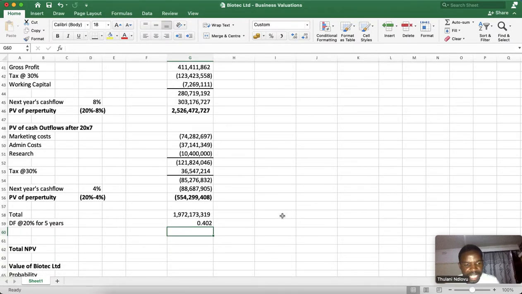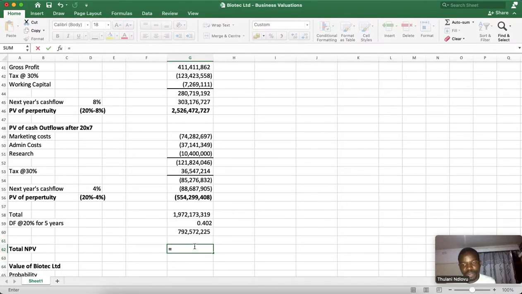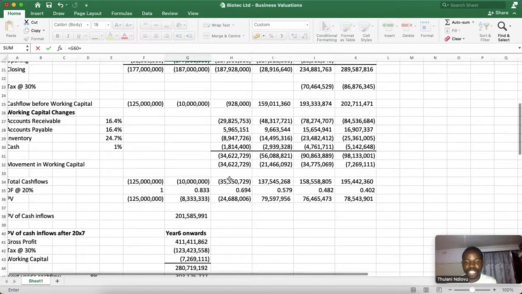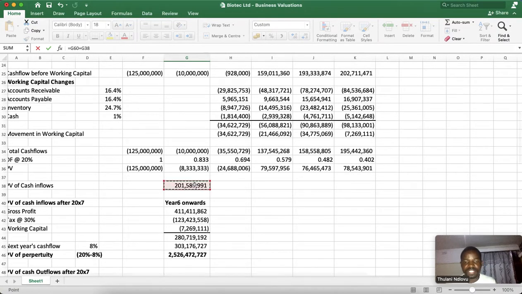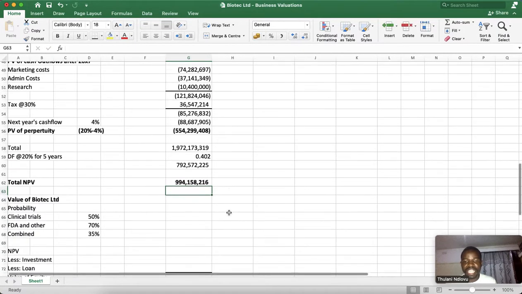Then if we discount this, we say that multiplied by that. We get that figure. Then the total present value now will be this figure, the present value of a perpetuity, plus the present value of cash flows from year 1 to year 5, this one. Then we get